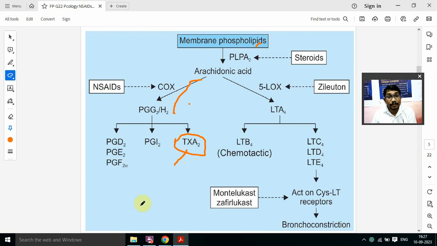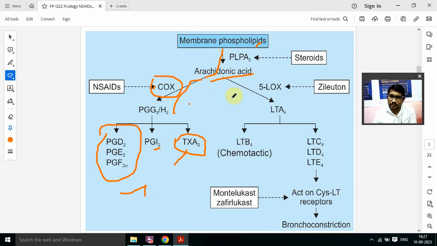We have already seen in the anticoagulant chapter that thromboxane A2 has a role in platelet aggregation. Prostaglandin I2 also has a role in platelet aggregation. So ये platelet aggregation करेंगे, thrombus form करेंगे. Okay, they will cause inflammation, pain and edema. Now this is known as the cyclooxygenase pathway. So arachidonic acid released from the phospholipid bilayer is converted into prostaglandin by the COX pathway, cyclooxygenase pathway. These will cause inflammation and pain.